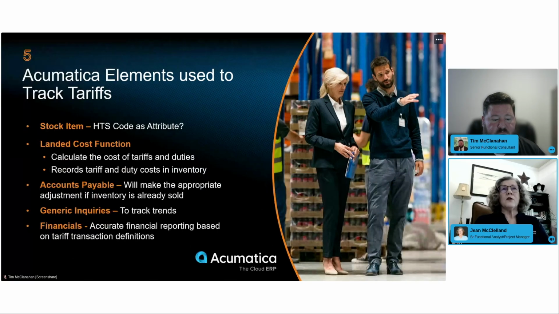Okay, so these are the elements that we used. This is nothing that you haven't seen, but through Tim's demonstration: the stock item, this is just a nice, good list for you to know. Stock item, the landed cost, the accounts payable, and oh, by the way, if you're not currently using landed costs in Acumatica,